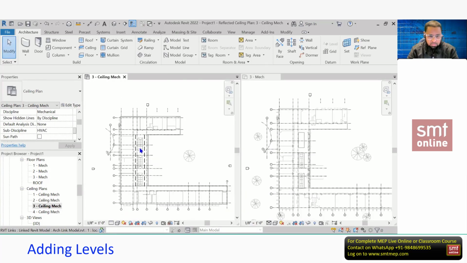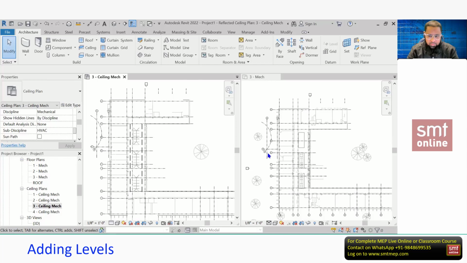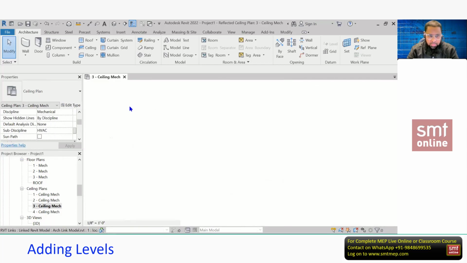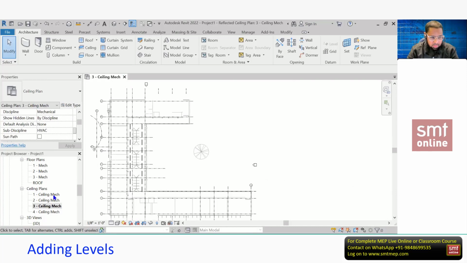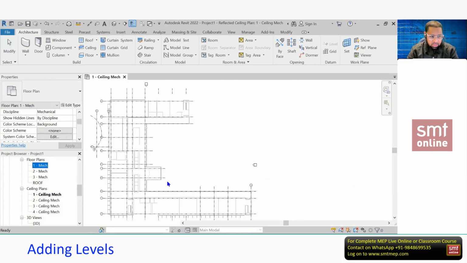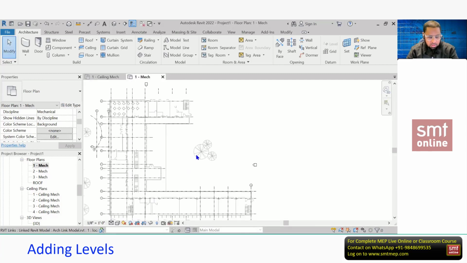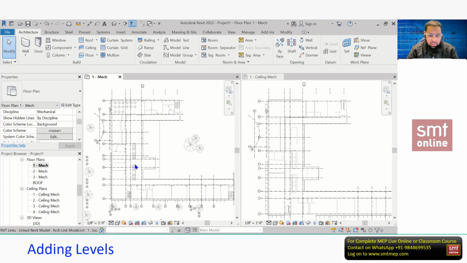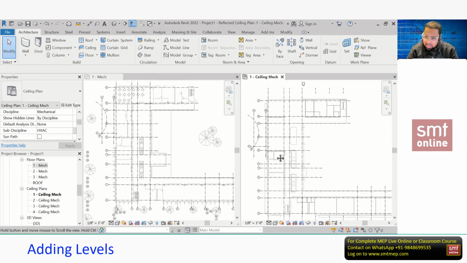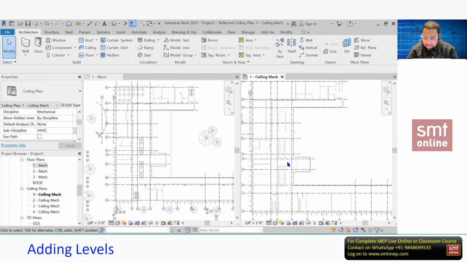Now WT. Here is a ceiling, here is a floor, or else I'll do one thing to avoid confusion. Let me open this 1 ceiling, closing this, and 1 mech floor plan. Type WT. In the floor plan you can see the staircase, but in the ceiling plan you'll not find the details.